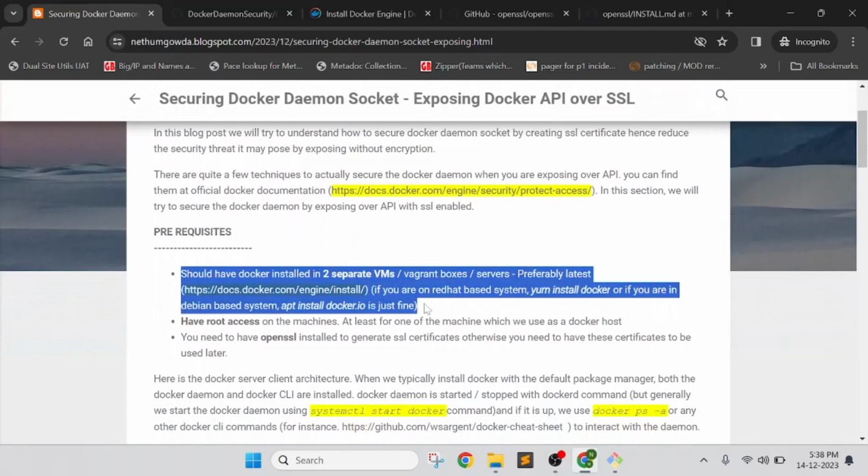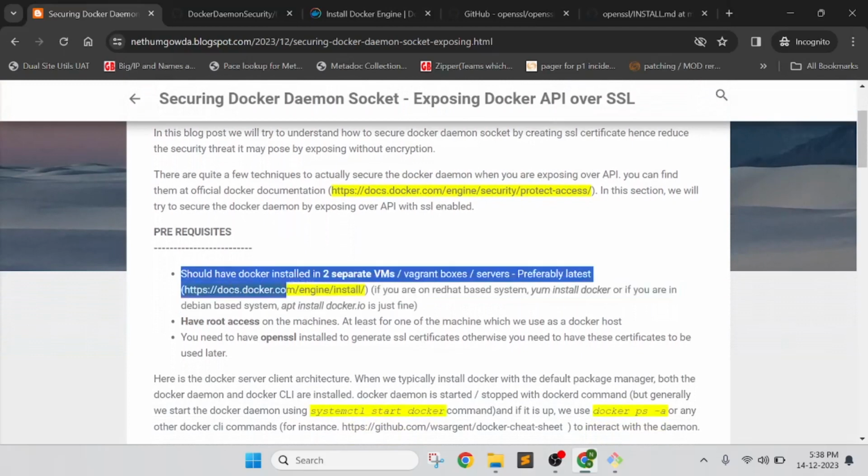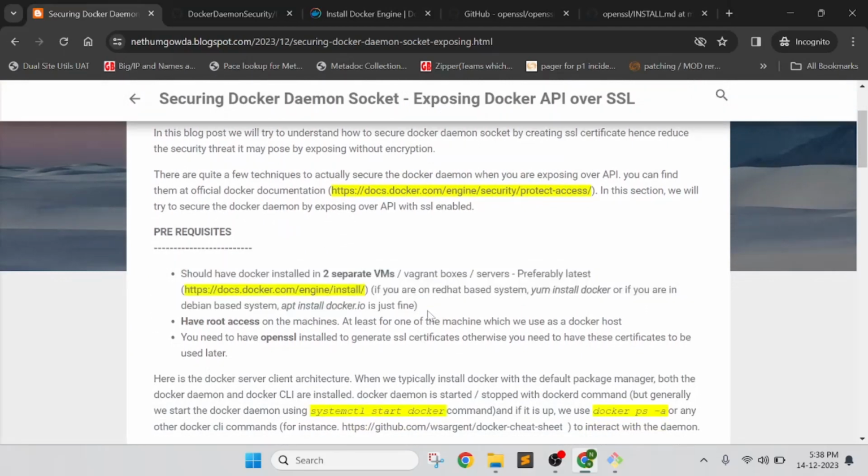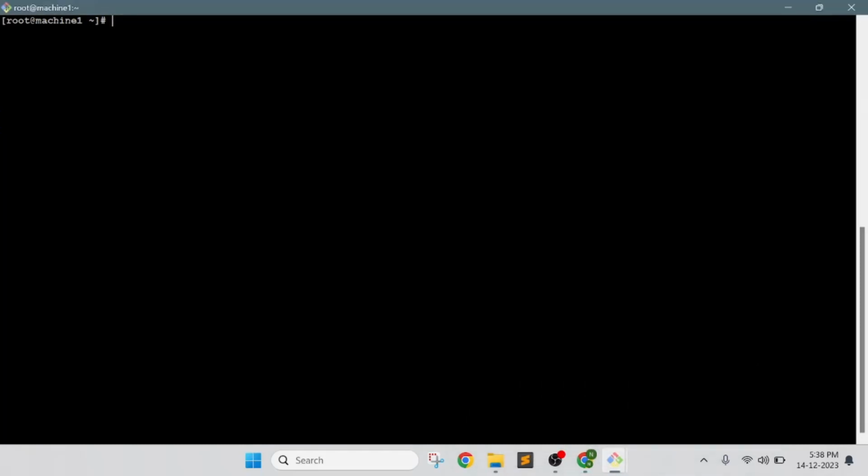There are a few prerequisites for it. The first one is you need to have two different VMs with Docker installed in them. At least one of them should have Docker daemon installed, and on another we will install Docker client. For demonstration purposes, I have two machines here, machine 1 and machine 2. In machine 1, I will be installing Docker daemon, and machine 2 we will use as a Docker client or Docker CLI. If you don't have it installed already, you can install it with the yum install docker